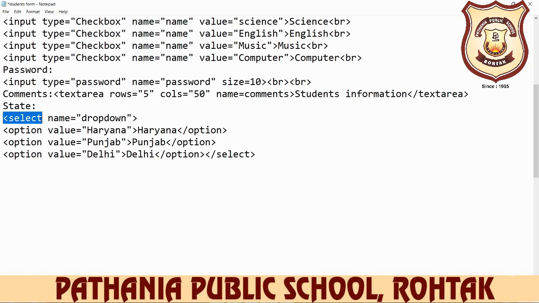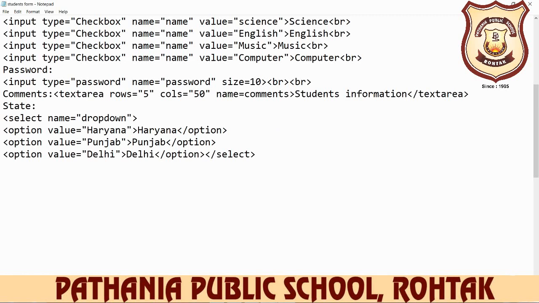And third attribute is your multiple, which allows multiple selections here. And next is your value, which specifies the value of the option. And one is your selected, same like in checkbox and radio button, we use selected to make the option pre-selected. If you want to select predefined Haryana, then you use the selected here. Where we write down the selected, you write down SELECTED here. But we don't write it here first, we just see the output of this.